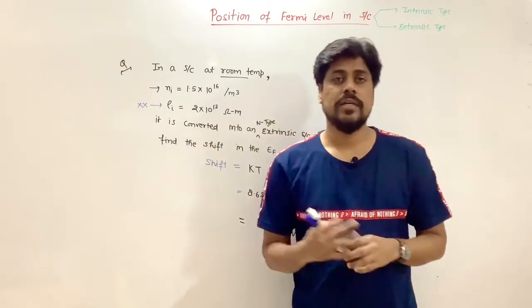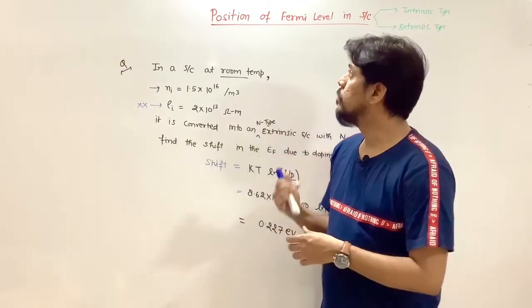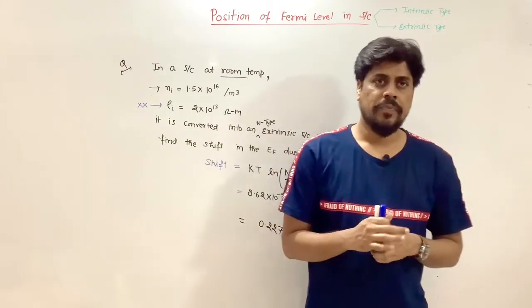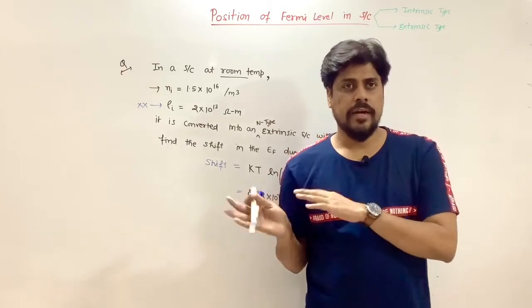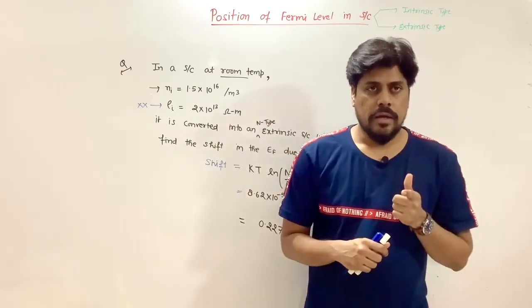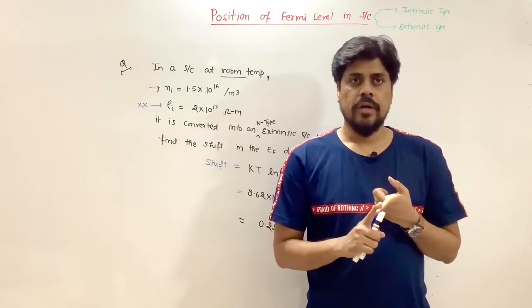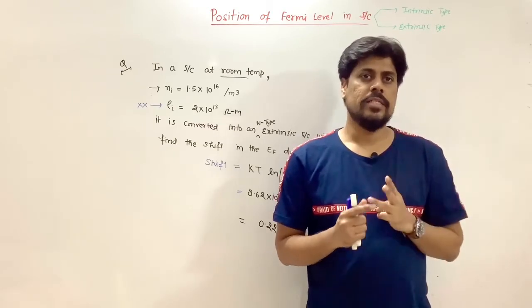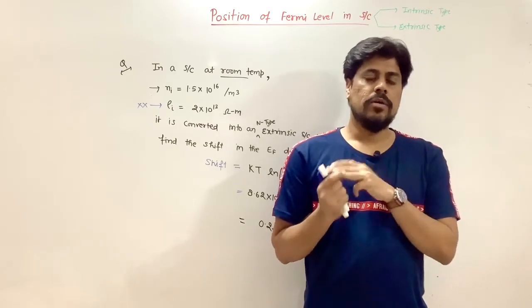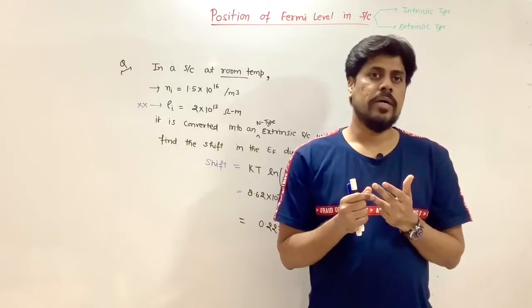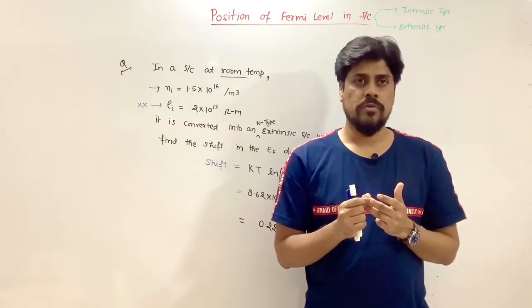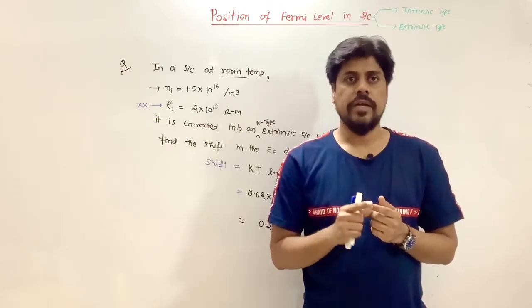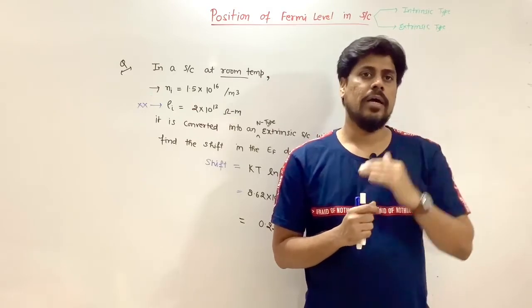Okay, so these are two examples from this topic, position of Fermi level in intrinsic and extrinsic semiconductor. So in last, I want to conclude what we read today. Remember 2 points. Number one, for intrinsic semiconductor, you can say in 3 cases, when Mn star is equal to Mp star, that is effective mass of electron is equal to effective mass of holes, when temperature is 0 Kelvin, and when Nc is equal to Nv, then your Fermi level always lies at mid of the band gap.